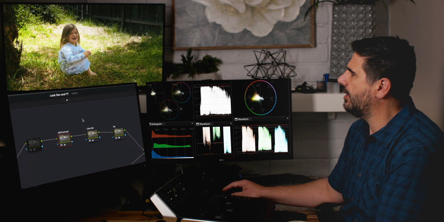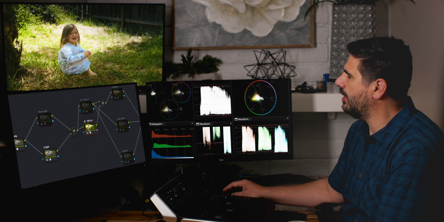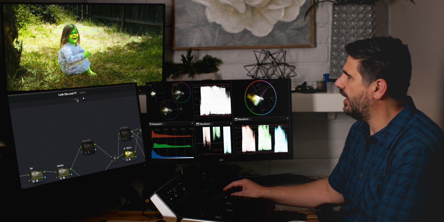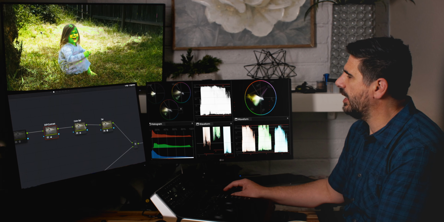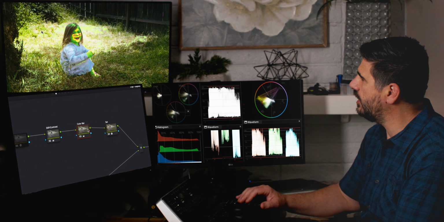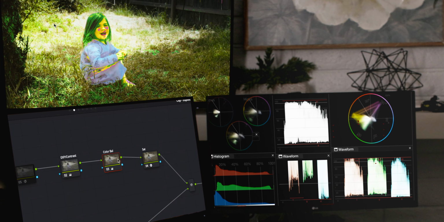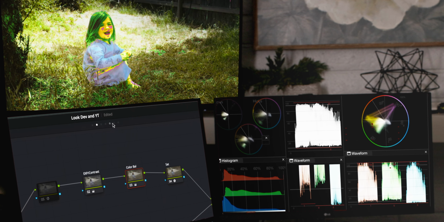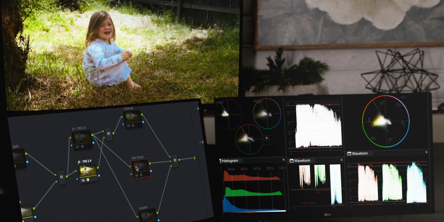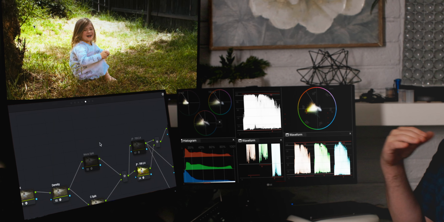Like we talked about, one of the things we want to be mindful of is skin tones, because this is a keynote image for her. And we're a little light on skin tones, but that's because we have to come back to our color balance a little bit, maybe just make a small tweak, because what we did was change how the light affects her. So just a small tweak there, just to get it back to where it was. All we do is some exposure adjustments over the top